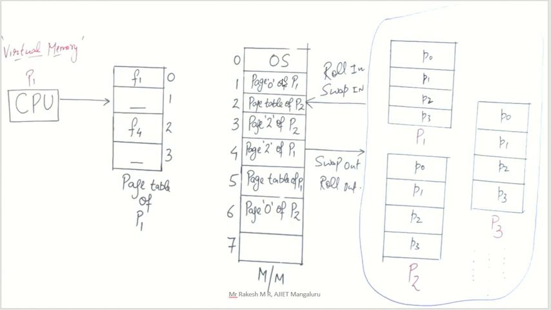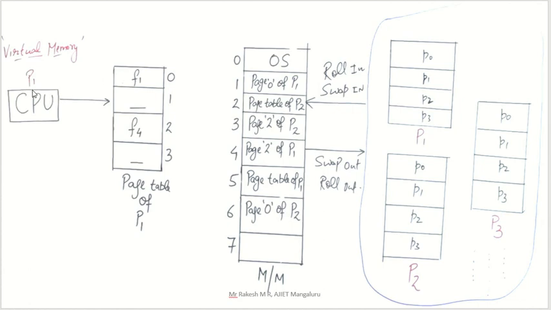But for that we also use particular algorithms, because we have to see which page we have to move into secondary memory. Who is the victim? Which page do we have to move into secondary memory? That thing we have to see. For that purpose we are going to see some algorithms, three to four algorithms we have in this method, the page replacement algorithms. And the page hit concept I told.